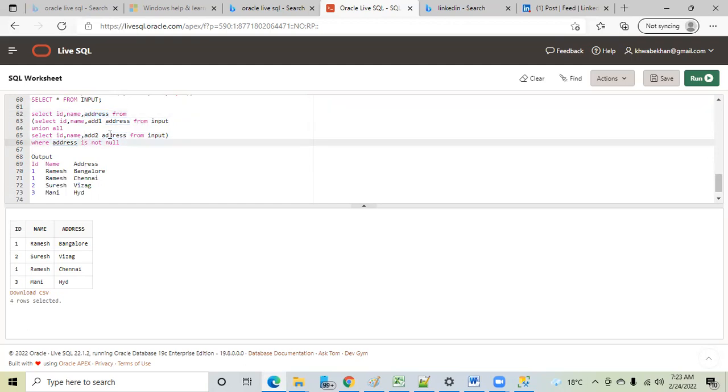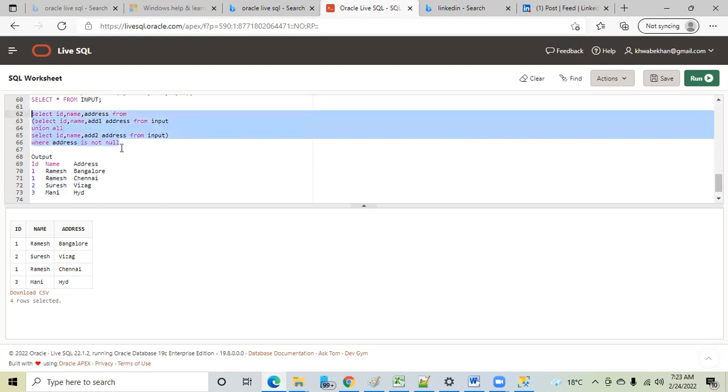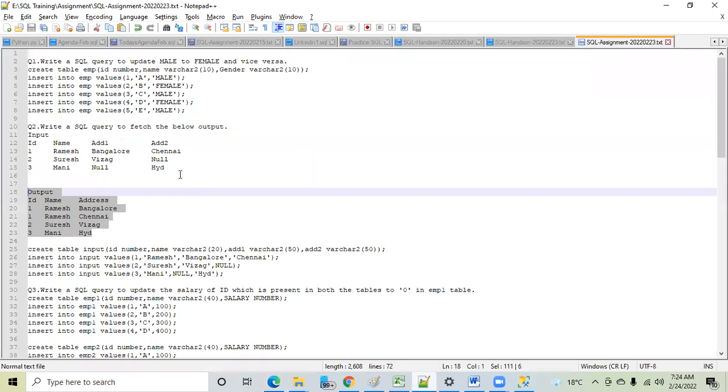Okay, now my question is: union all, have we discussed this already? Is not null, have we discussed this already? Tell me any keyword in this which we have not studied so far. Nothing new for you, right? You all know the things. That is why knowing a particular keyword is a different thing, and working with it is a different thing. What I want to tell you is to practice. That's important. If you're not practicing, you're wasting time.